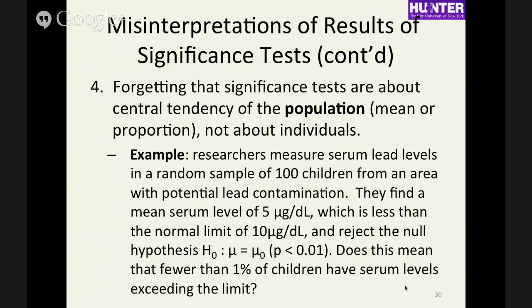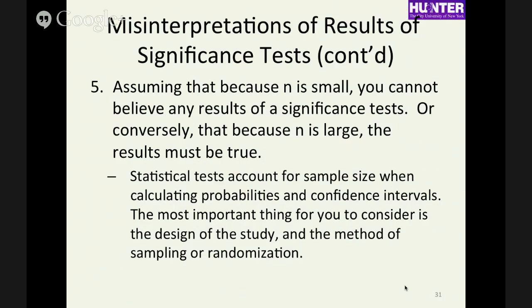Hypothesis tests are about averages. They're about central tendencies. So if n is small, n is 6, does that mean you can't believe any results of a hypothesis test? Or conversely, if n is 1,000,000, does that mean that you have to believe the results? I don't think so, no. So why not? Well,